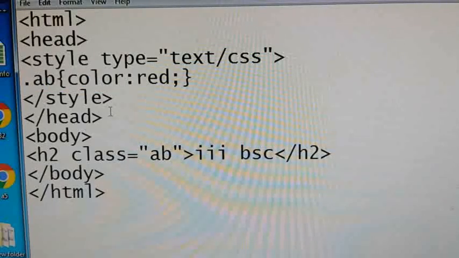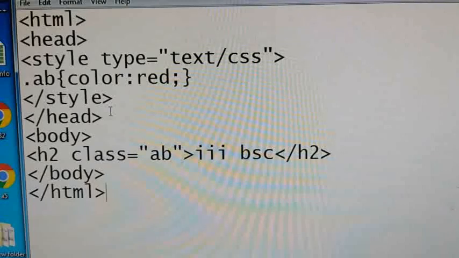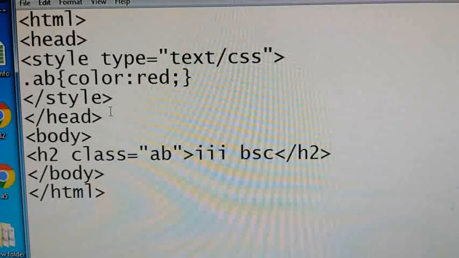What disadvantages do you have in the HTML selector? If you have created an HTML selector, the properties will be applicable only to one particular element. For example, if you have created an HTML selector for h1, then in the body section, wherever you have h1, whatever properties you have given will be applied. If you want to use the same property for another element, you have to write it again. And one more thing: if you want to give a green color to a few h1 tags and a red color to a few others, that is not possible using an HTML selector.